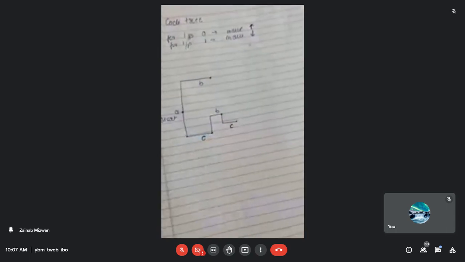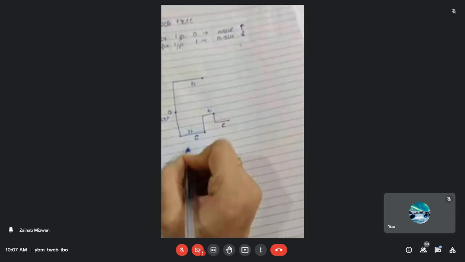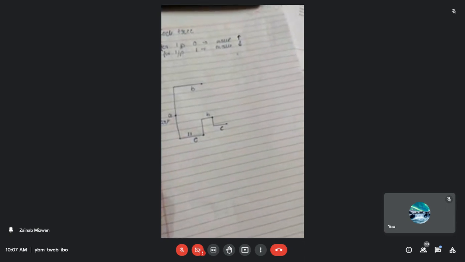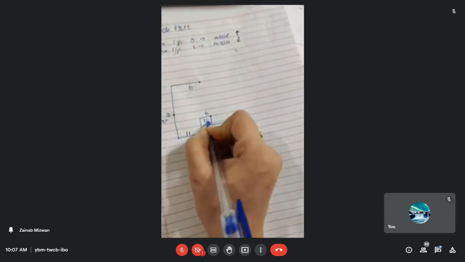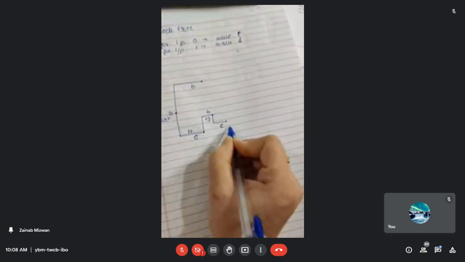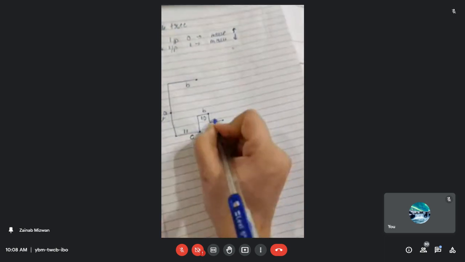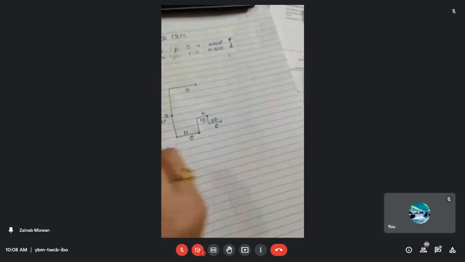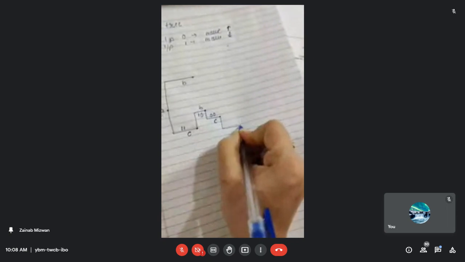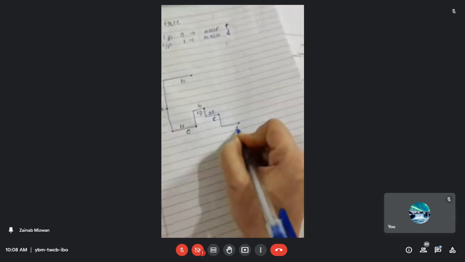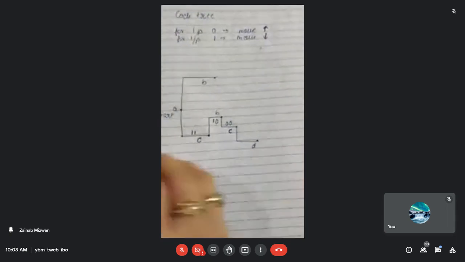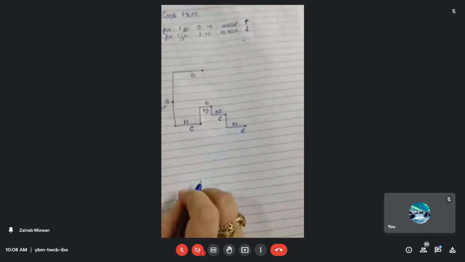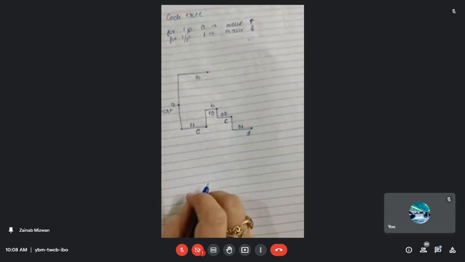Okay, now when we go from A to C, what output were we getting? The output as 1 1. When moving from C to B, the output we are getting is 1 0. Then again when moving from B to C, the output we are getting is 0 0. Now again we are at the state C. From the state C again we will move to the state D over here. So I'm going to show the state D over here. And what output do we have when moving from C to D? The output is 0 1. So you need to write the output as 0 1 over here.